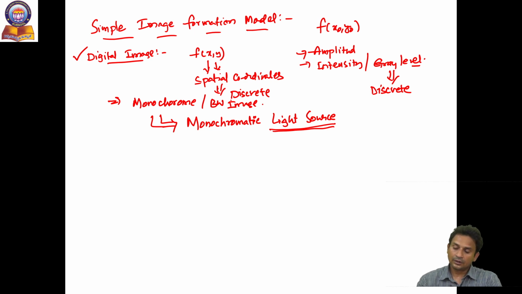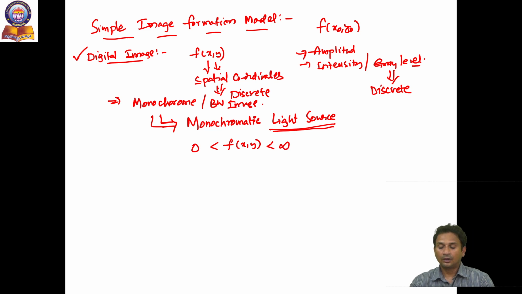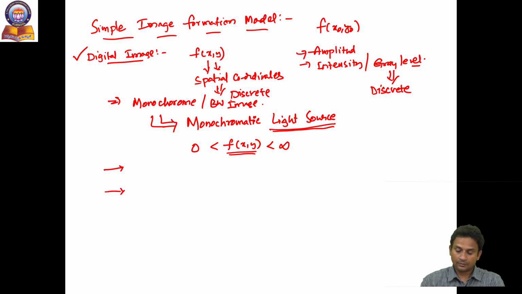Since the intensity is a physical quantity, the values of f of x y should lie between 0 and infinity, because energy is a non-zero finite value. The value of f of x y actually depends on two quantities. First is the amount of illumination